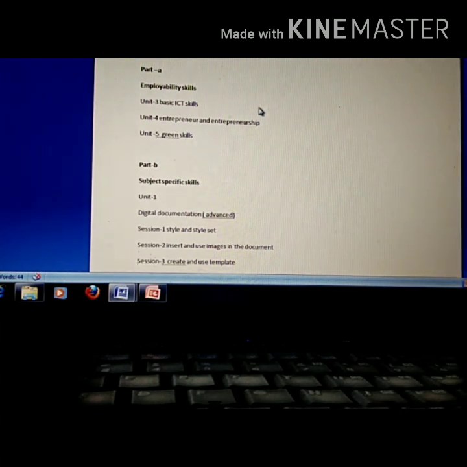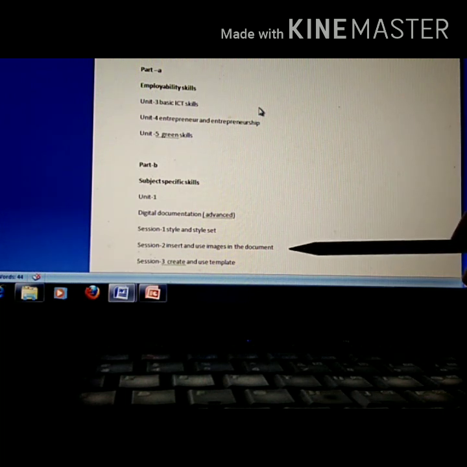Style set, now they have added, so notes are there. What is the difference between a style and a style set? Style: if we want to change the font size, color, or type, we can use style. By clicking a single button, we can do it in a paragraph, a heading, or a title. Style set: if we want to make this updation in all three, then style set does it.